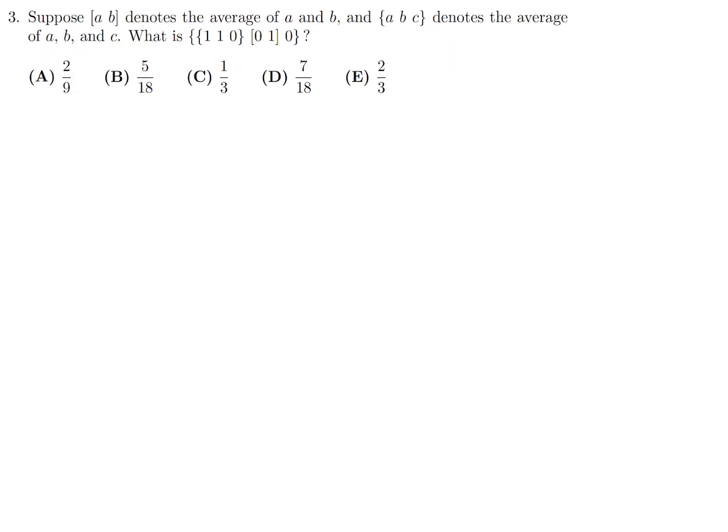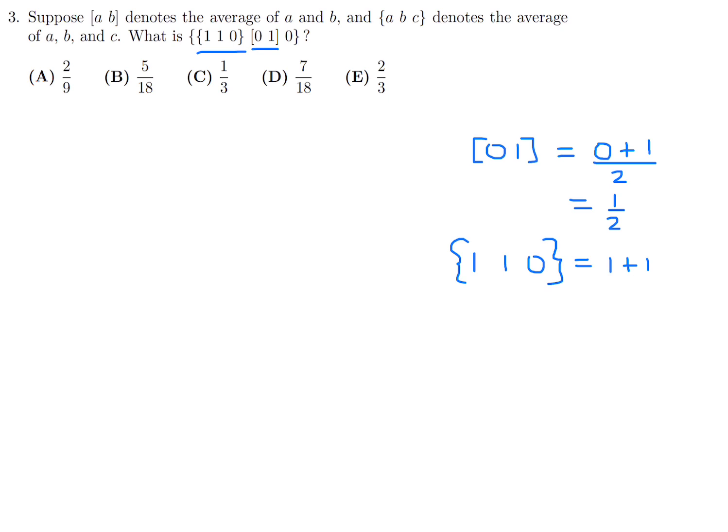Suppose [A, B] denotes the average of A and B, and [A, B, C] denotes the average of A, B, and C. What is this figure? Okay, first let's figure out that one. 0, 1, in these square brackets is, according to their definition, the average of those two numbers, which is a half. And then let's figure out that one. That, according to their definition, is the average of these three numbers,